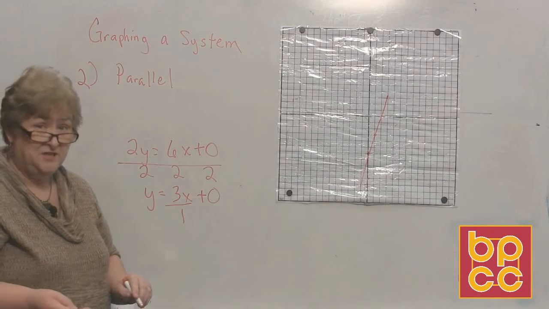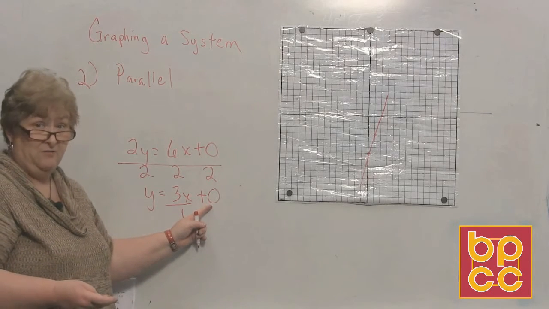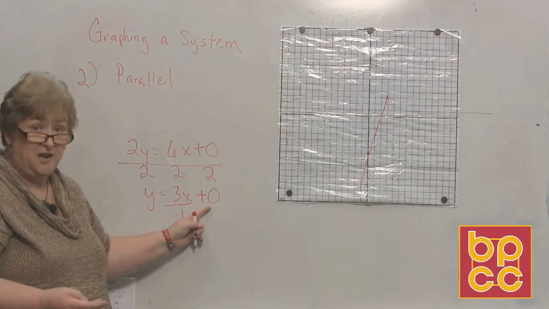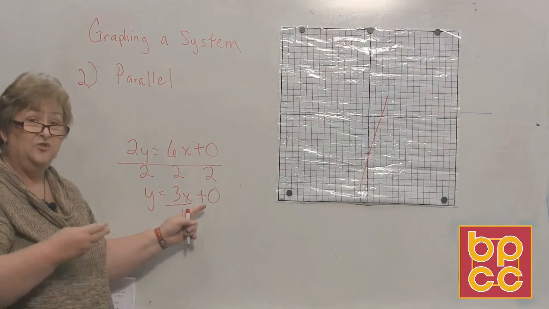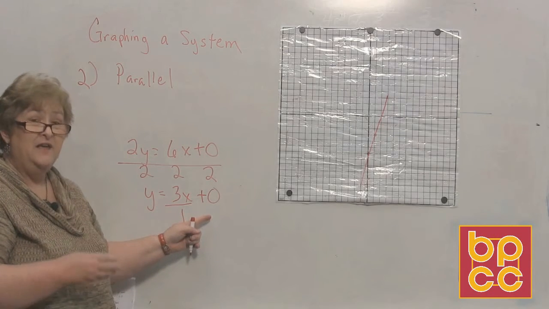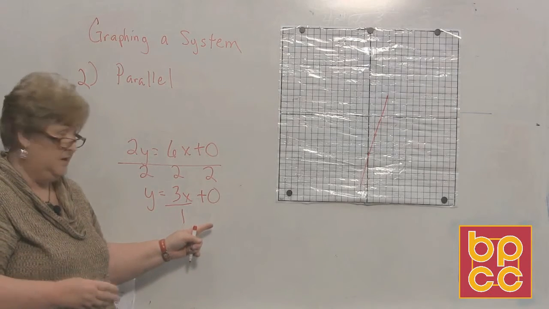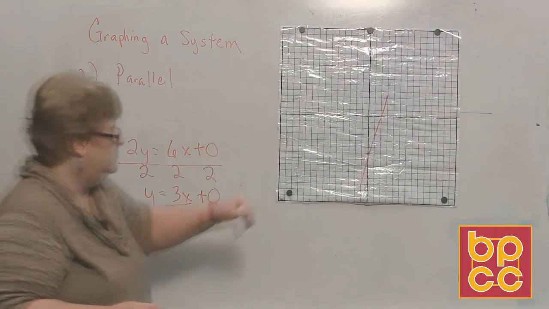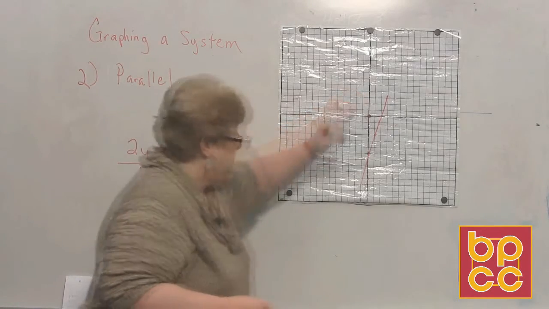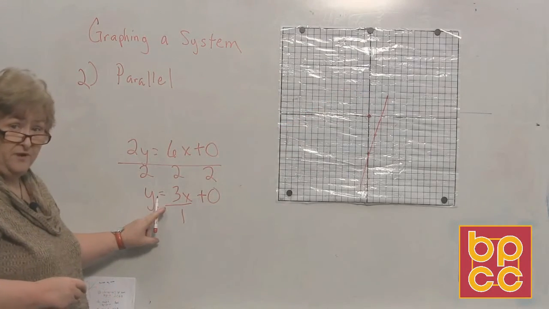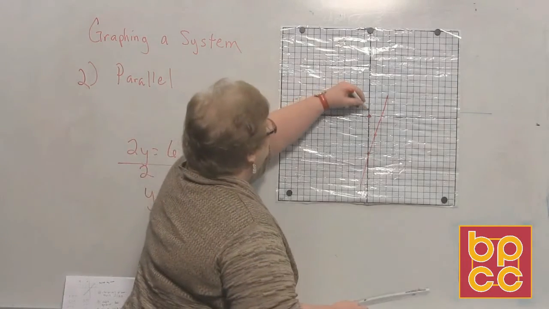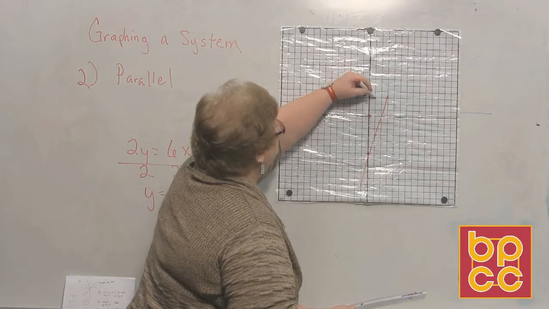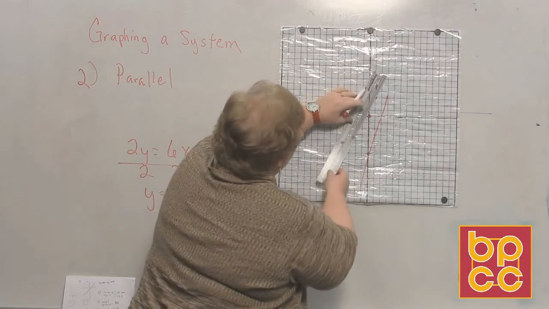Now, sometimes this happens. It's okay to have a 0 here, or sometimes you'll have nothing at all. If there's nothing there, or if there's a 0 there, it says your first location that you're going to plot is going to be at the origin. So let's go to the origin, which is right here, and we're going to go up 3 to the right 1. 1, 2, 3, and to the right 1, and